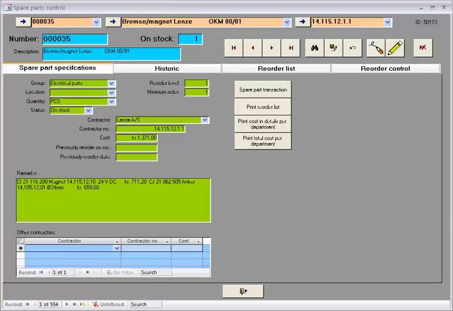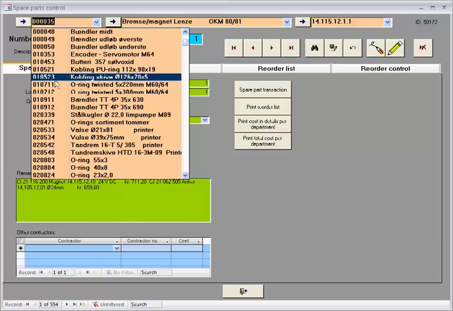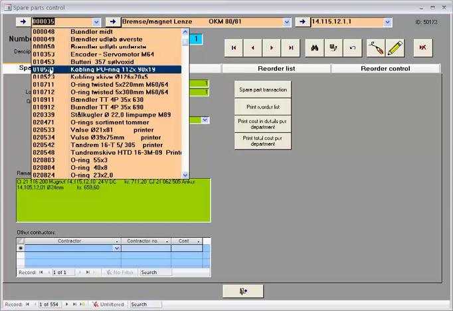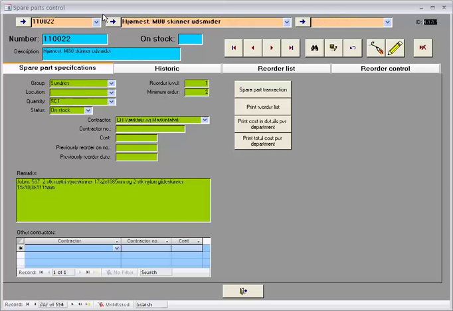database, and what we have first is the number of the spare part, and it's possible to search on it by just marking it and writing the first number that I want to see. For example, 110022, and I can press enter, and right away I'm with the item